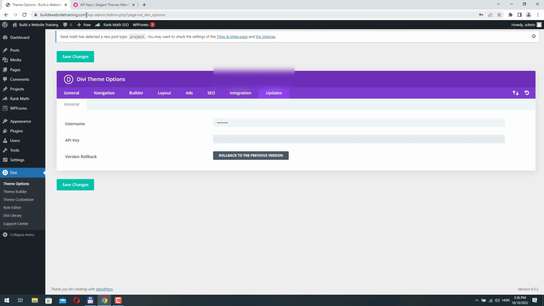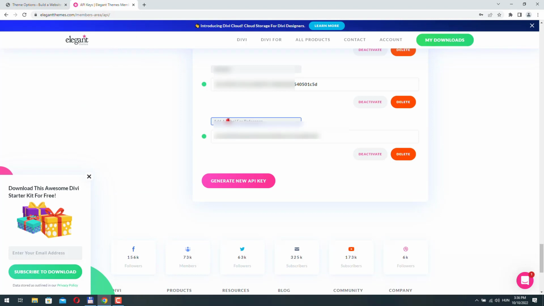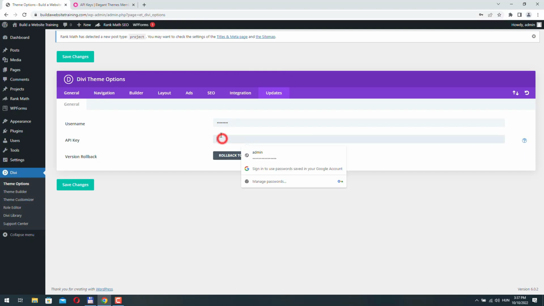I'll just quickly grab the URL of my website and add it as a label. It doesn't really matter. You can name the label any way you want. This is the most important thing, the API key, and just copy it and go back and paste it here and click Save Changes.